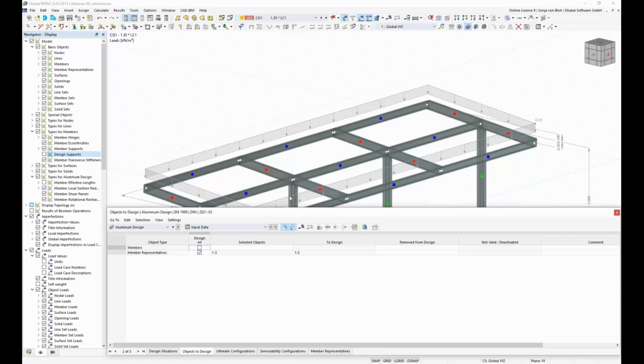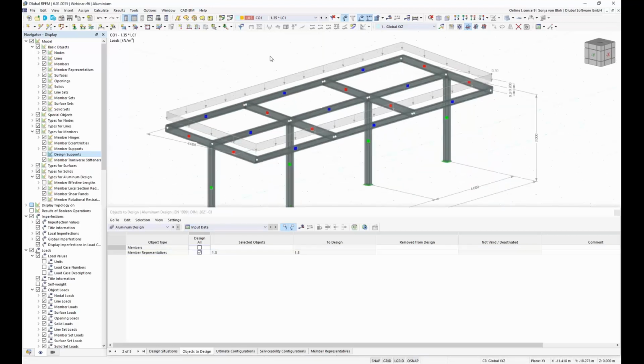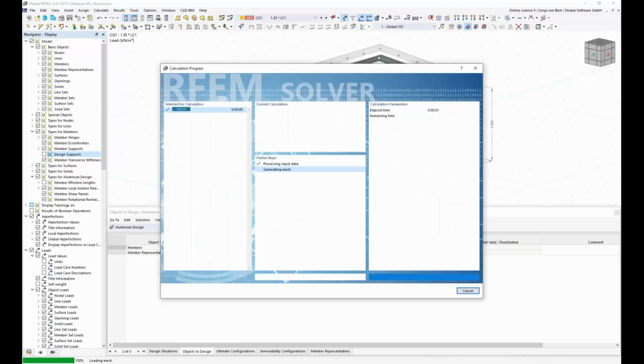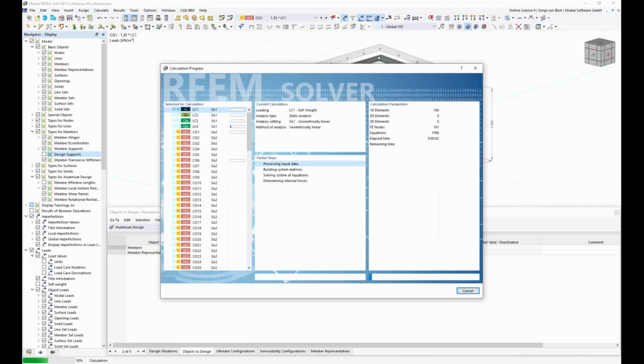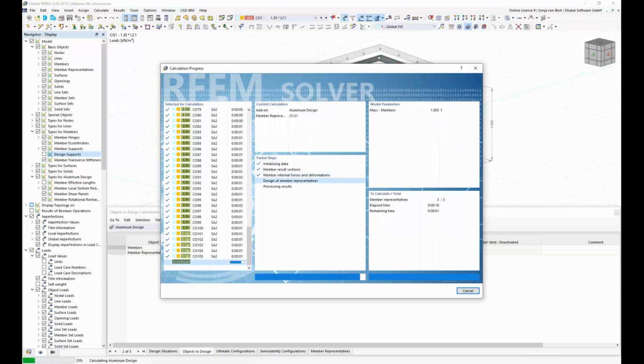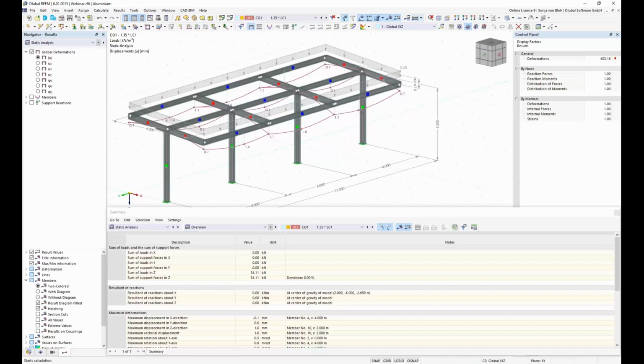So all inputs are ready, so I can start my calculation. For this, I click on Calculate All. After the calculation, you can choose navigator results if you want to see the